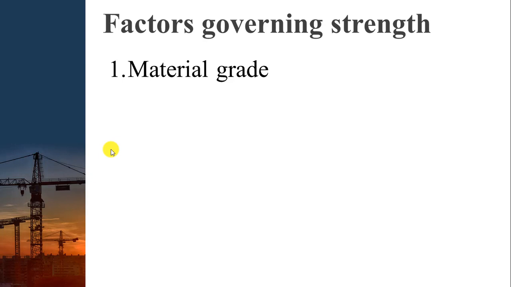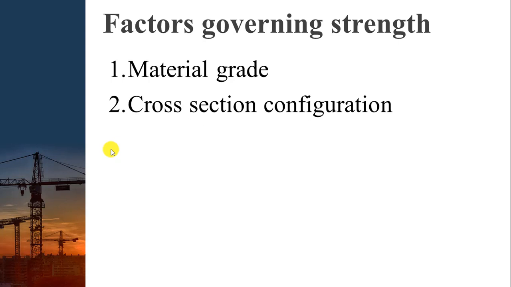Because in all those formulae we need to deal with the strength. We have studied Fy or Fu, the ultimate strength and the yield strength of the member. So if the material grade is changing, these Fy and Fu will change and it will govern the compressive strength of the member. Next there is the cross-section configuration, like an angle section, an I section or a tube section. Different cross sections are there, and depending on them the strength changes. So that is another factor which governs the compressive strength of the member.